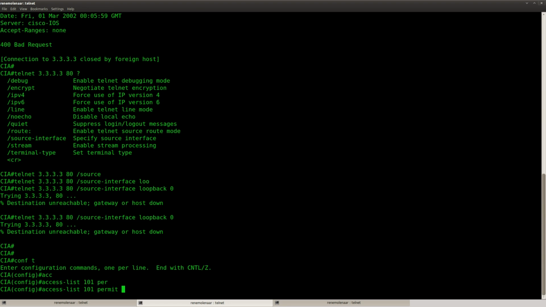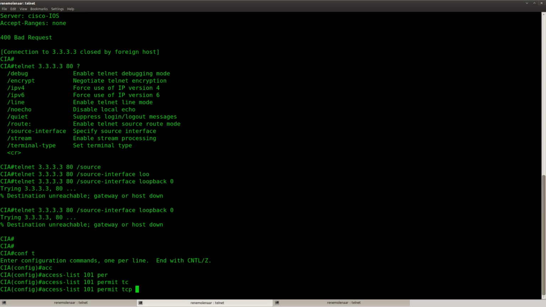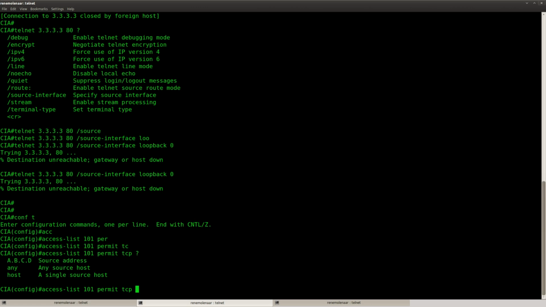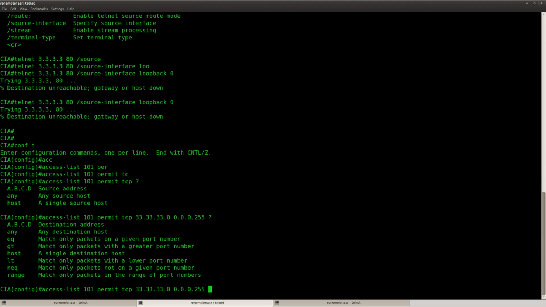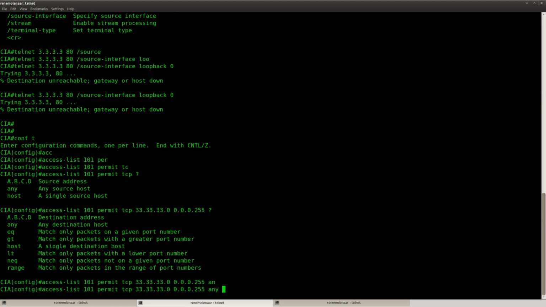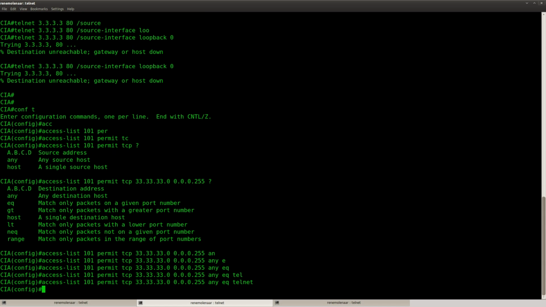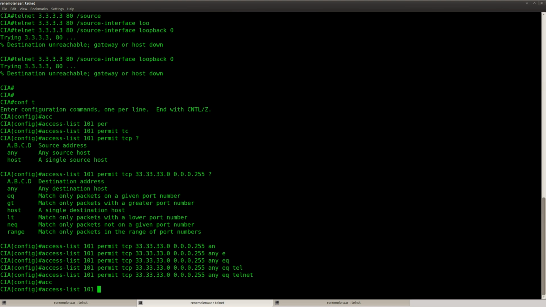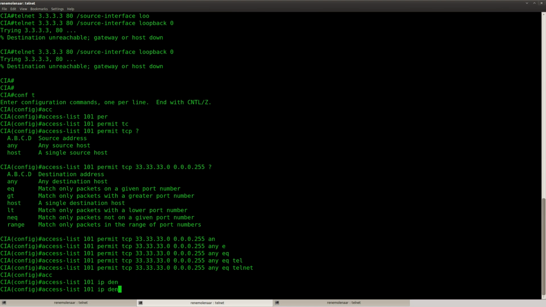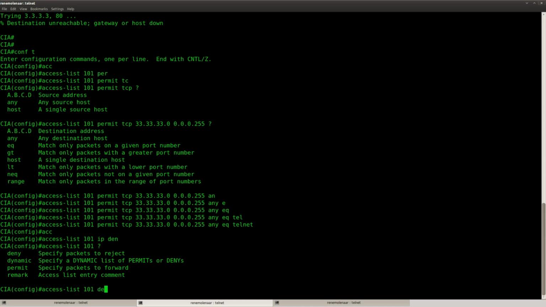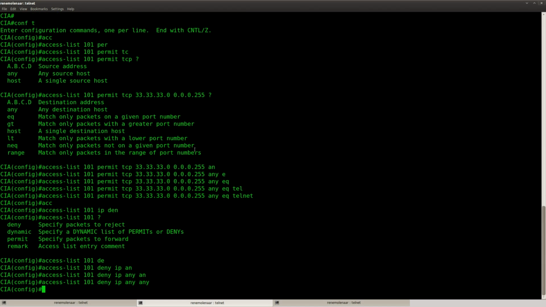Access list permit TCP, going to any destination, but the port should be telnet. Okay, so there's only one permit statement here, and it says permit everything from this network heading to